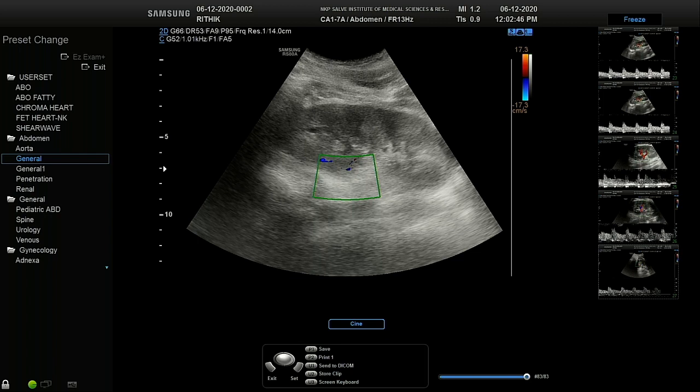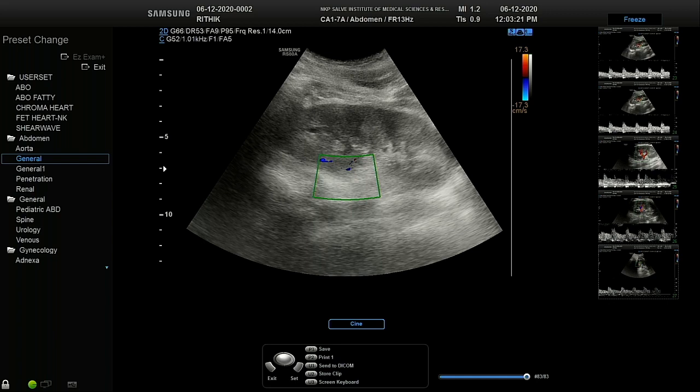Any role of power Doppler in a renal Doppler patient? Whenever you don't see any flow, power Doppler is basically for seeing lower velocity flows. Unless, after adjusting the factors, you are not seeing the flow, as we said in the earlier demonstration: if in the portal vein the flow is so low that regular color Doppler is not able to pick it up, then you can try power Doppler to see a very low flow.